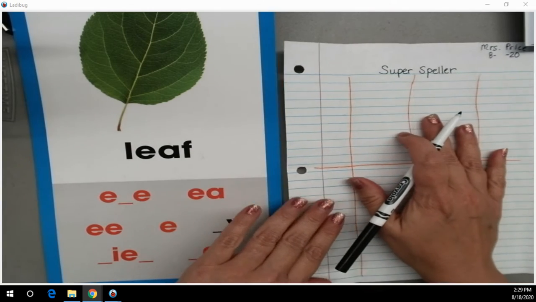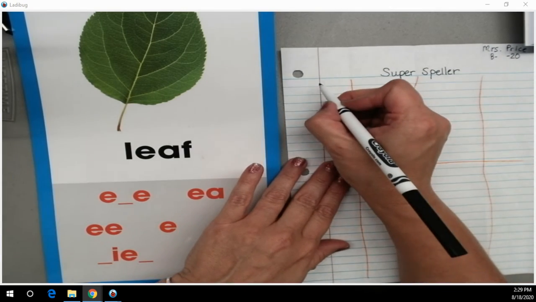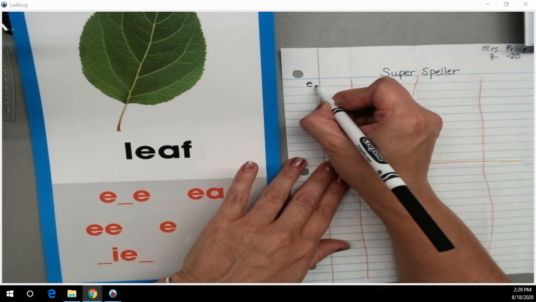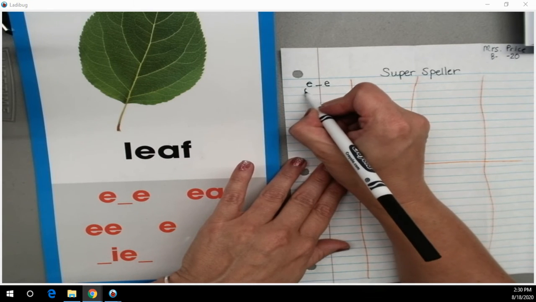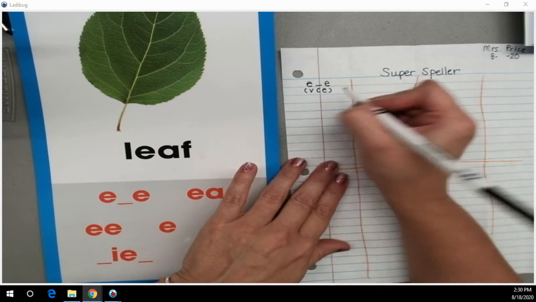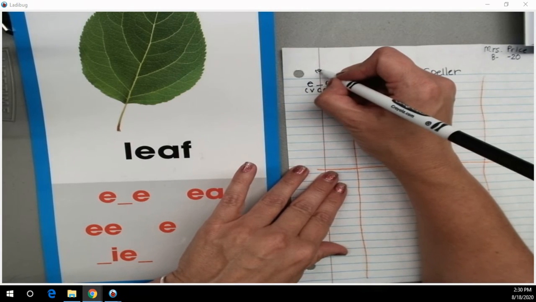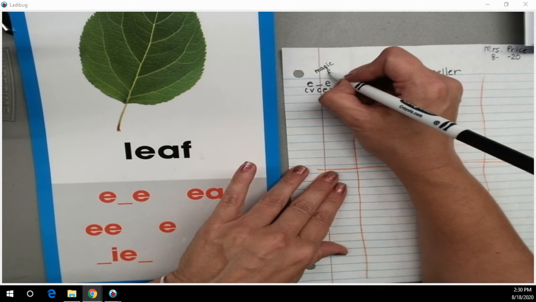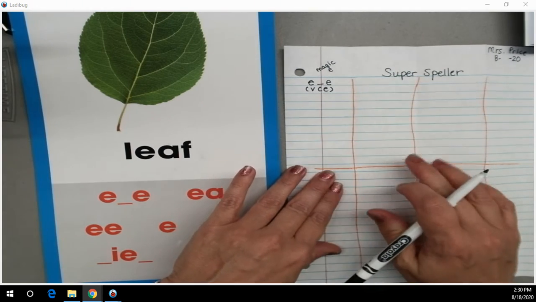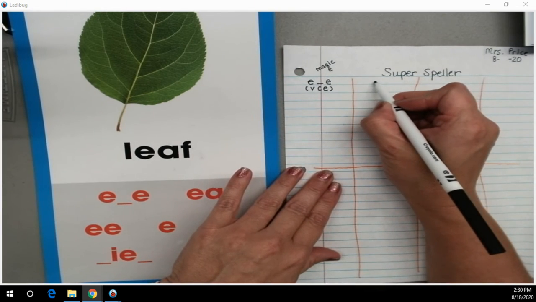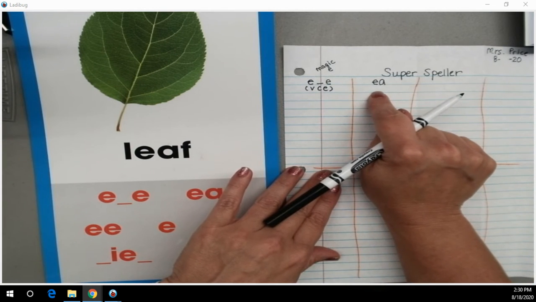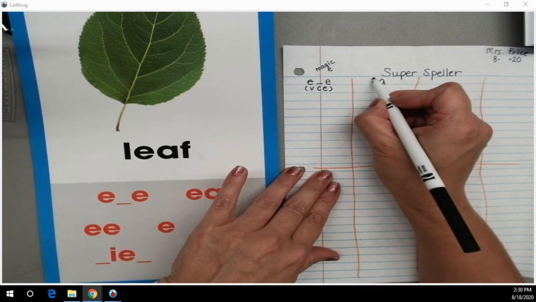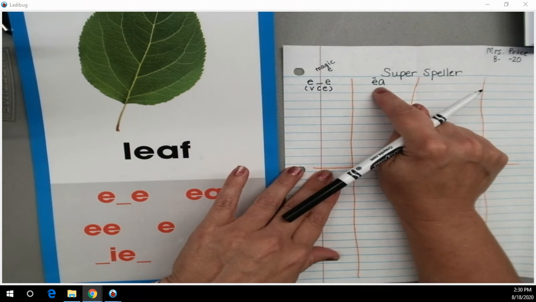Long vowels all say their own name. So here's a common one. This is what we call vowel consonant E. So underneath I'm going to put vowel consonant E. This is also known as the magic E, silent E. That's one way to spell long E. Another common one is the vowel team EA. And you may have heard with a vowel team, when 2 vowels go walking, the first one does the talking and says its name. So often when we see a vowel team, it's long